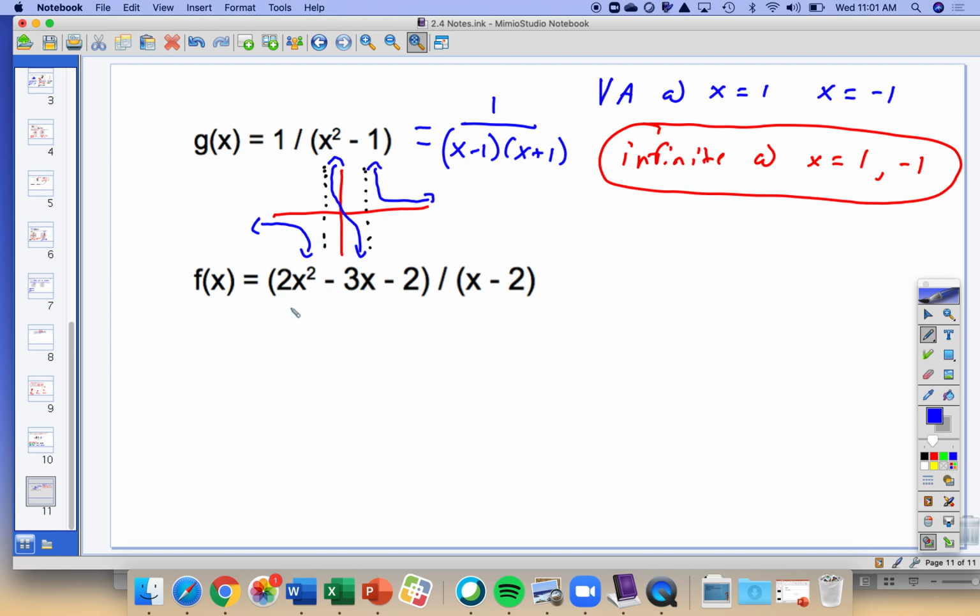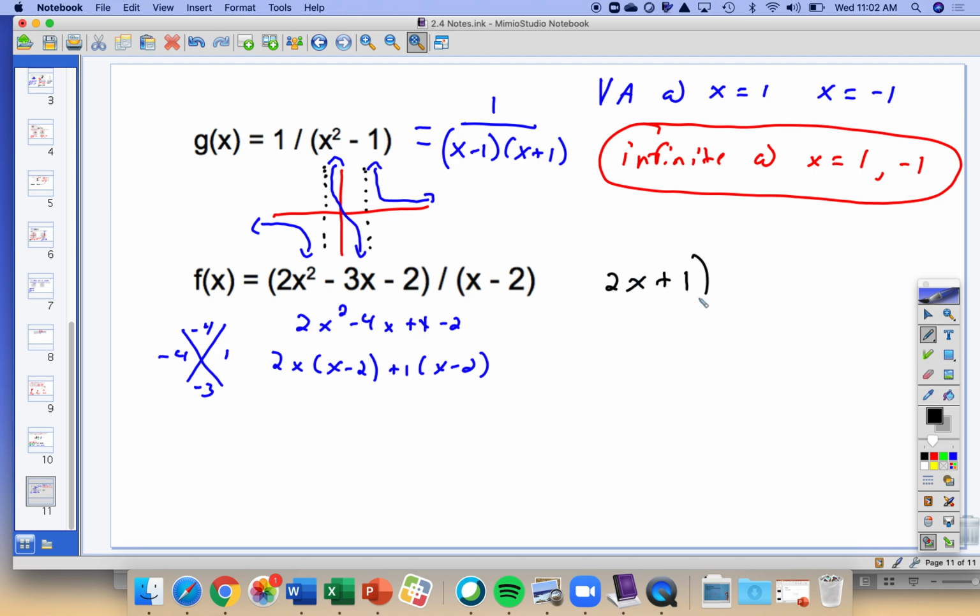Here, I have to factor this. Okay, so let's look at f of x. If I was to try to factor this, I would end up with negative 2, okay, negative 4, negative 3, so that's negative 4 and 1. So this would factor to 2x squared minus 4x plus x minus 2, which gives me 2x times (x minus 2), plus 1 times (x minus 2). All right, so this ends up factoring to (2x plus 1) times (x minus 2)